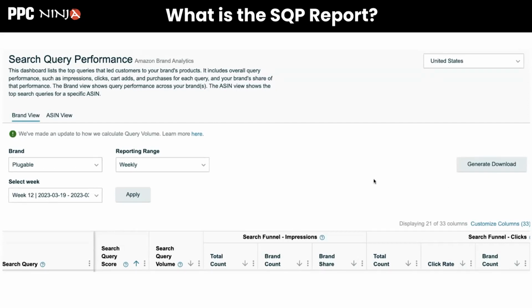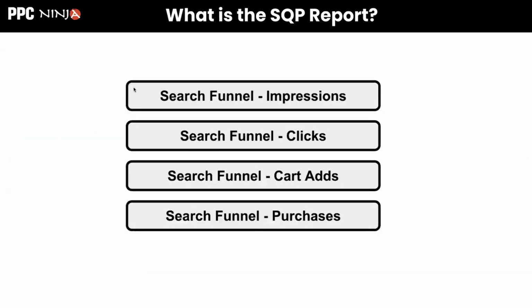Now, it would be very cool if Amazon could just provide us a graph right here and show us how our performance is on certain keywords, like week over week and so on. But unfortunately, right now, we don't have that in this, and they're still kind of improving it, and they're putting a lot more detail into this report. So let's look at what this report essentially has.